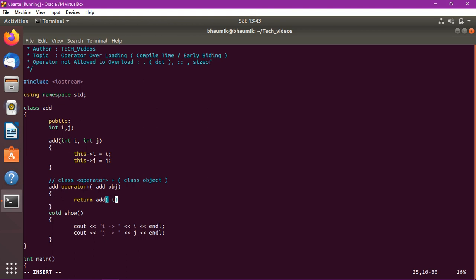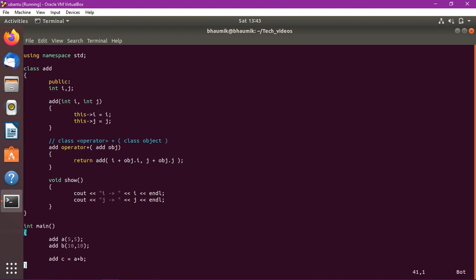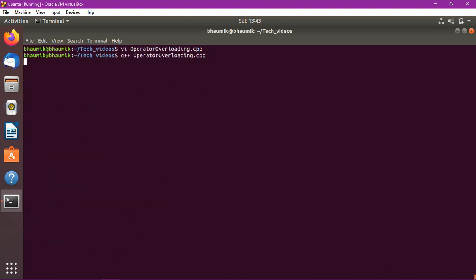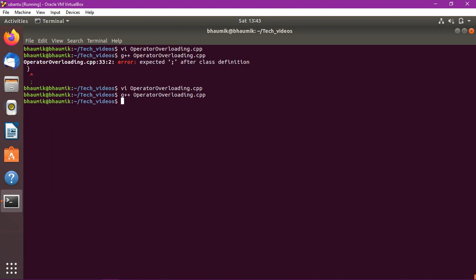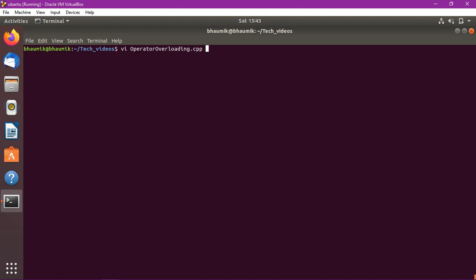Here we will add the variable i plus object's i, comma, j plus object's j. Now if we compile this code, this will work. I have missed a semicolon. Yeah, this is working fine.